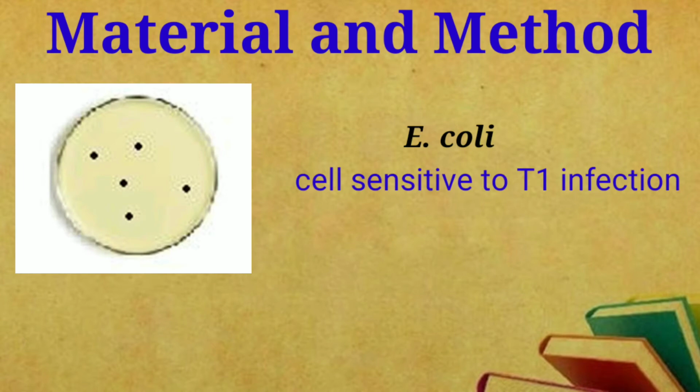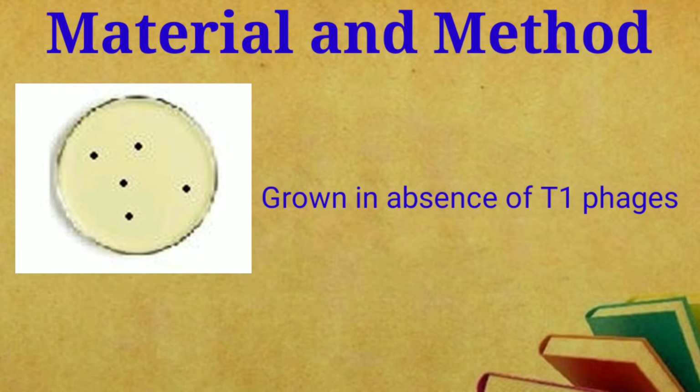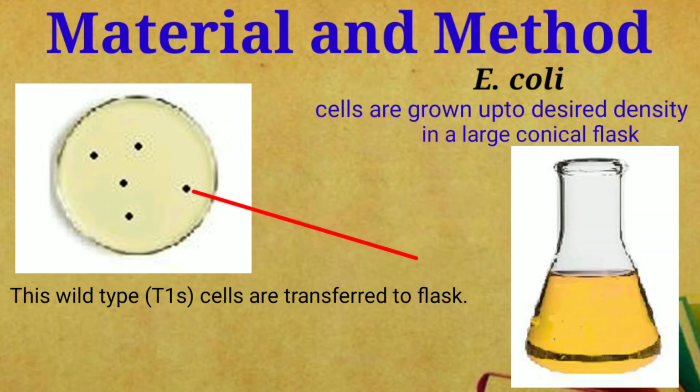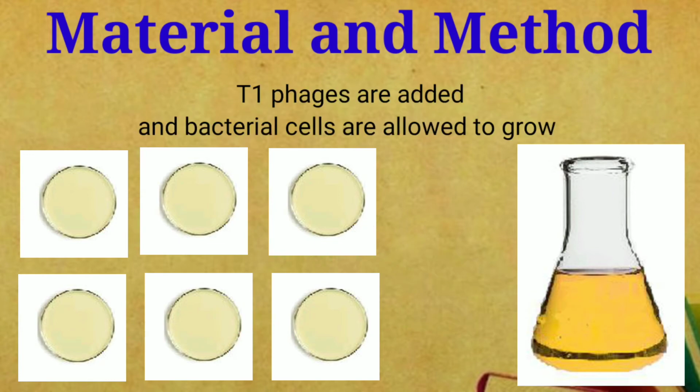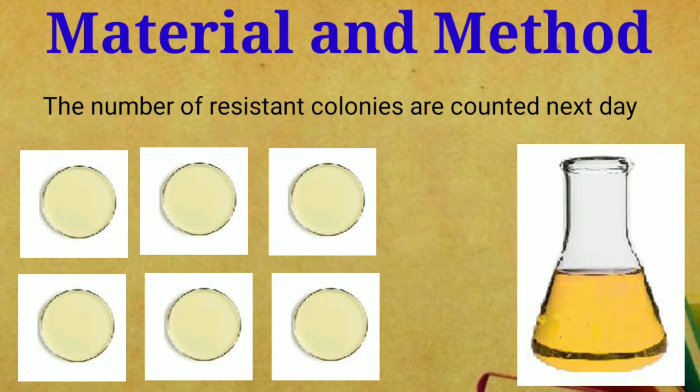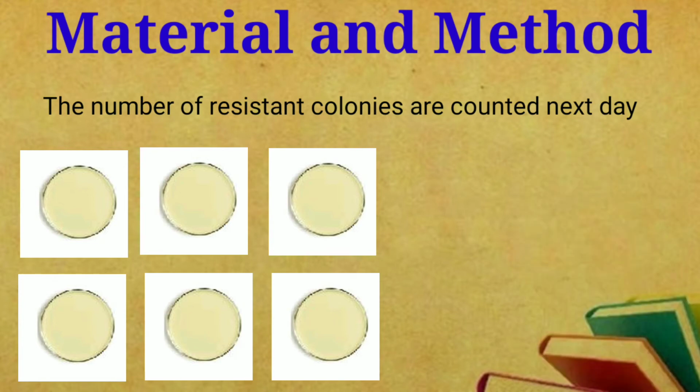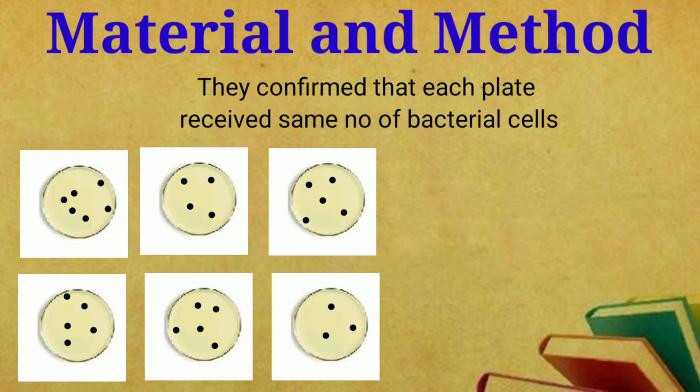The experiment was simple. Bacterial populations were grown up from small initial numbers to high density in a conical flask. Samples were then taken from these and grown on agar plates in the presence of phages. Several samples were taken from the same population and the number of resistant colonies was counted. A dilution series was also performed to get the total number of bacteria per ml of culture.